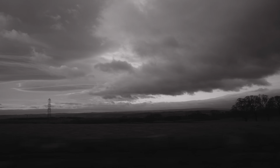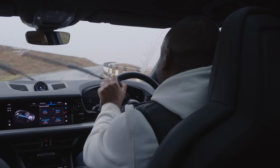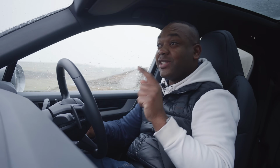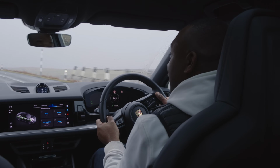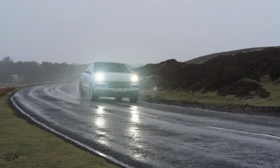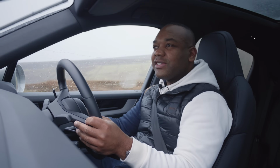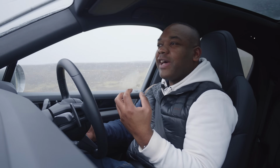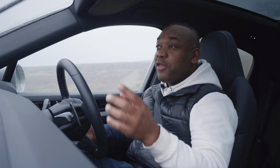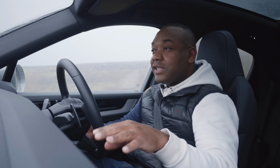How do you sum up a car like the brand new Cayenne? Well, on the whole, I think it's a brilliant piece of kit. It's fantastic to drive. I think that's its major selling point. It's a lot more enjoyable to thread through a set of corners than the likes of a BMW X5 or a Mercedes GLE. It's on a par, I would say, with an SQ8 for handling dynamics, but ultimately, I think it's a more compelling package than any of those cars because it blends that dynamic ability with modern technology